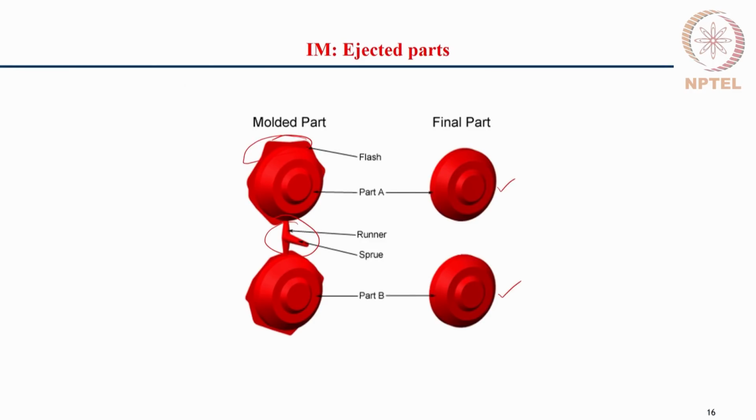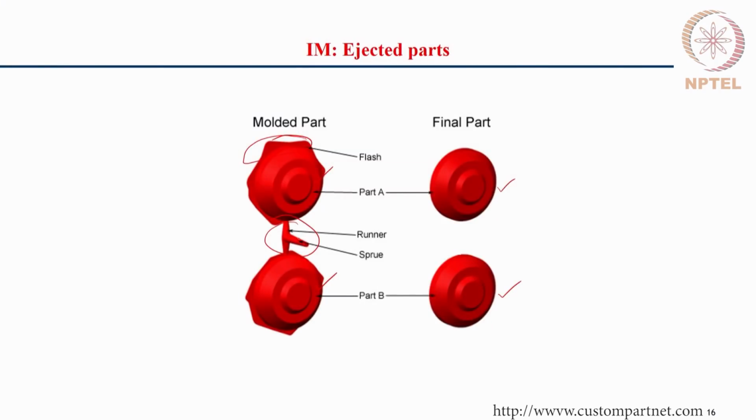To reduce the part cost, typically in a single mold there are multiple cavities. So, each of these is a cavity, this is one cavity, this is another cavity, and to make the material flow to all the cavities, we have these runners on the mold which help in distributing the material from the injection sprue to the different cavities in the mold. Multiple cavities help in reducing the cost of the parts.